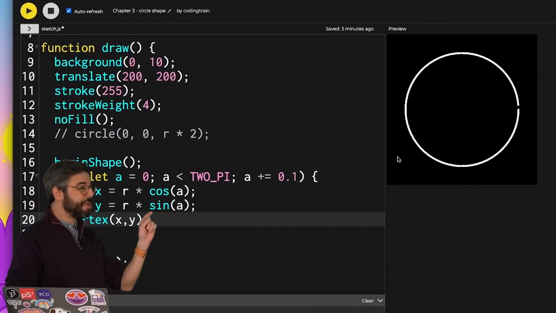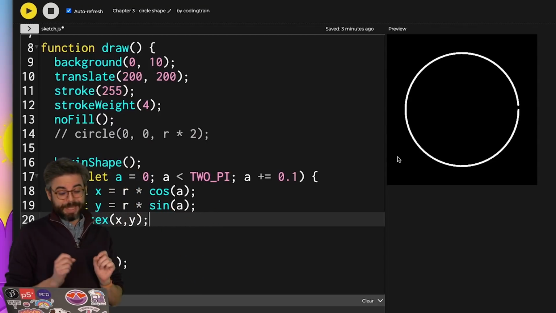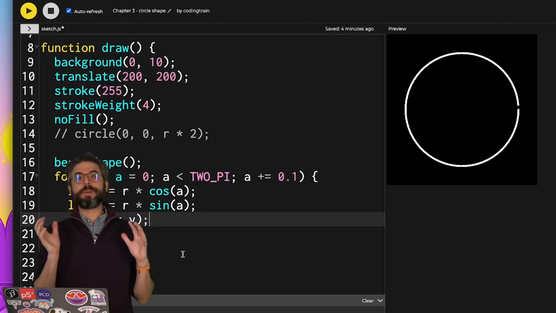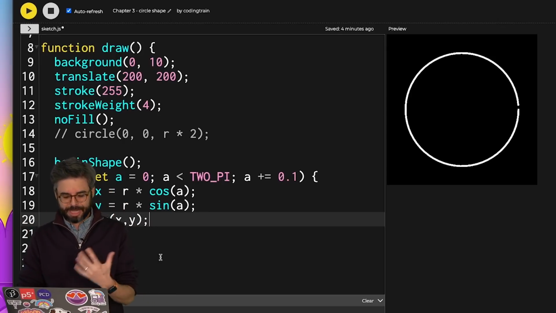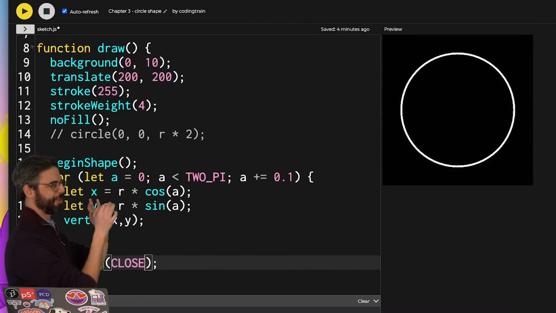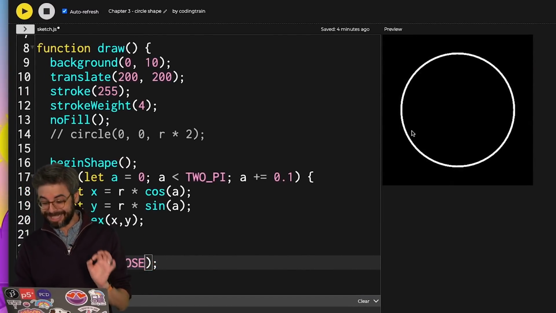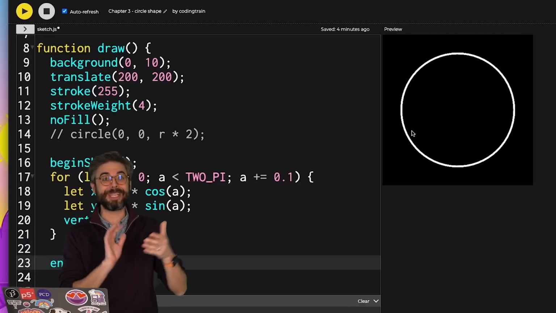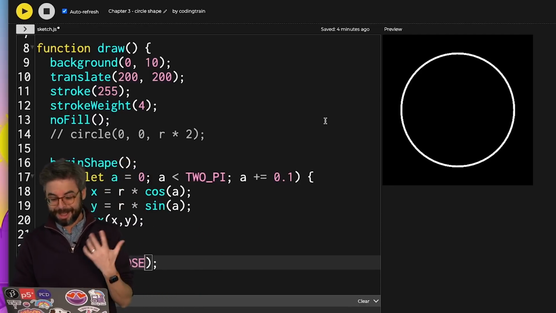And look what I get. Now notice there's a little hole there. It's because 0.1 doesn't divide evenly into 2 pi. I could be more thoughtful about what number I choose there, but I can also right here just add the close keyword into end shape, and it will make sure to close that shape. Now that circle's there. I don't know if you can really distinguish it from the P5 circle that was drawn,